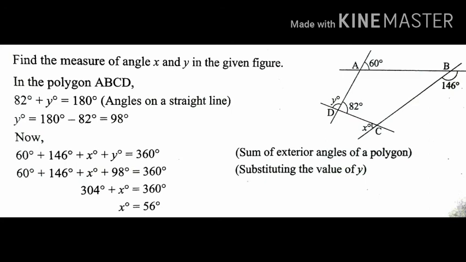We have just done this: it doesn't matter how many sides there are, whatever the outside angles of any polygon are, the sum of all the angles is always equal to 360 degrees. That is for exterior angles, not interior angles. Interior angles have a different measurement. If you add all the angles and equate with 360 degrees, you will get the x value as 56 degrees, and y